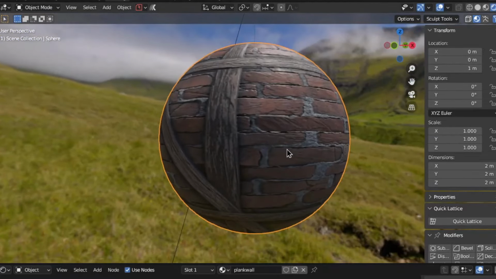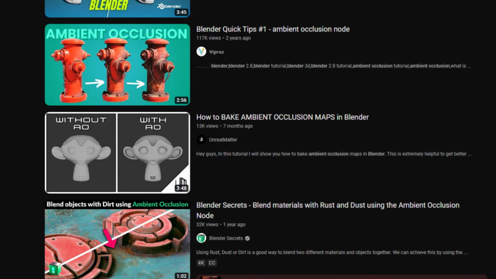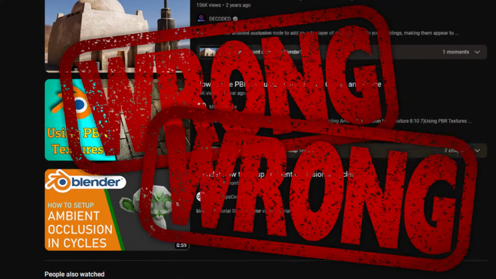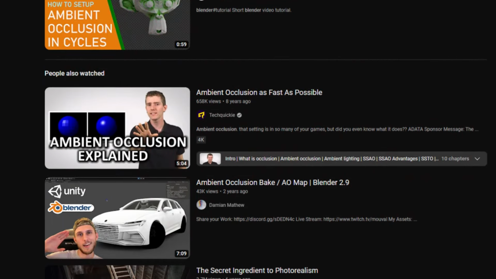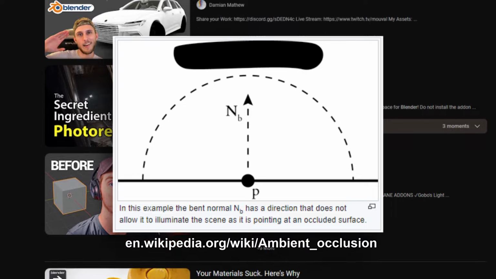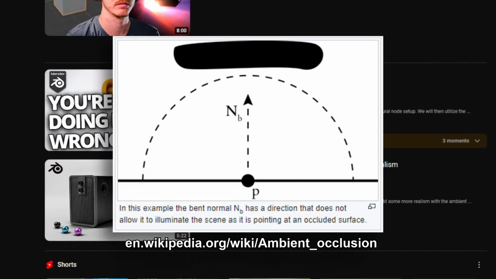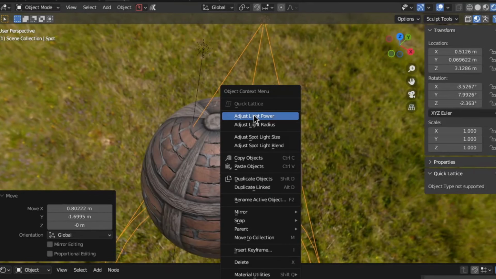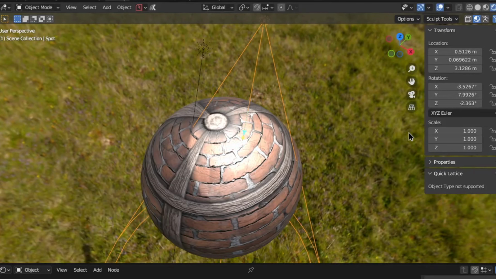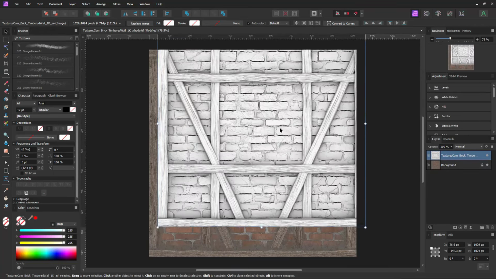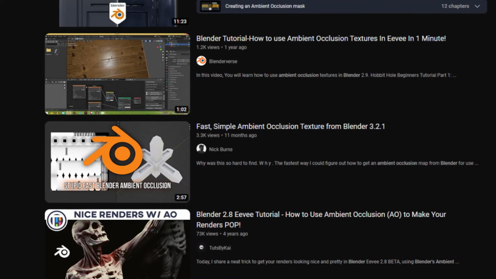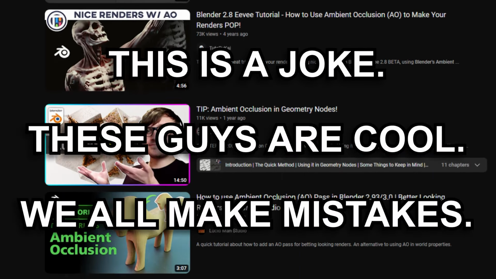Easy. Except that's not how ambient occlusion works. That's right, every tutorial out there about using AO maps in Blender is wrong. All wrong! Every last one of them! See, ambient occlusion is supposed to be the occlusion of ambient light. It should only ever be visible under ambient lighting, apart from all other light sources. Yet using it like this makes it visible under all lighting conditions, even under an ultra-bright spotlight. You might as well just merge the AO map into the albedo in Photoshop and save yourself the extra draw call. So if everybody's just been wrong this whole time, how do we actually use the AO map?